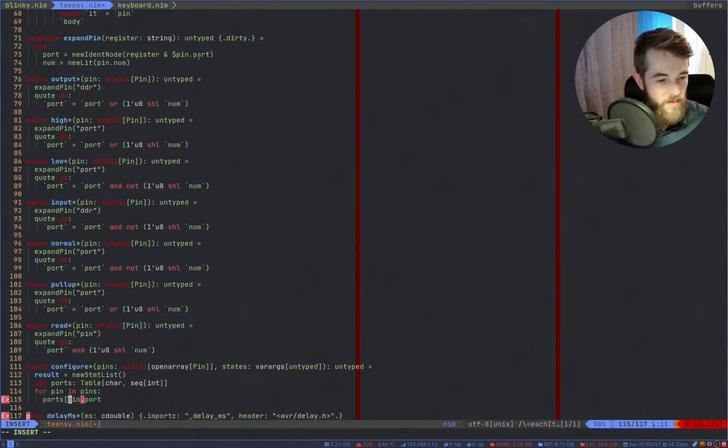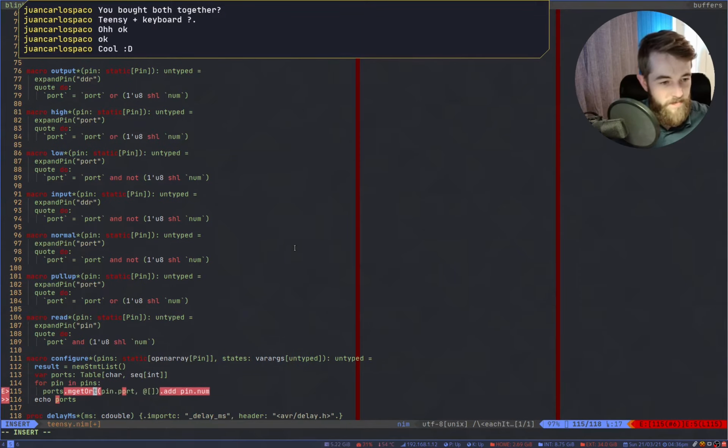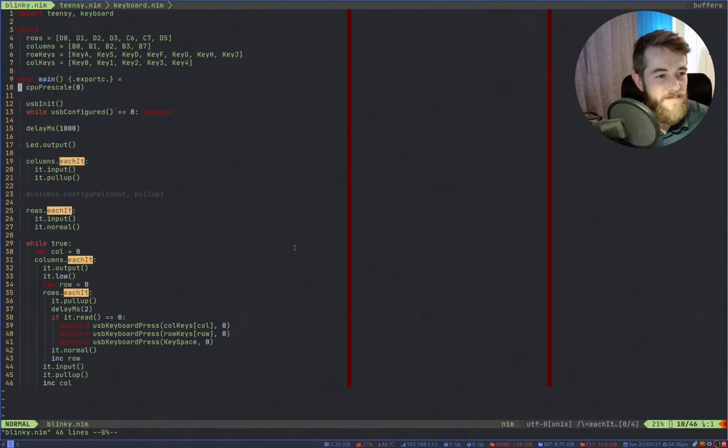We need to do mget or default, and it defaults to an empty array, and we add the pin number. And let's just echo out this table. Anyways. Yeah, so now